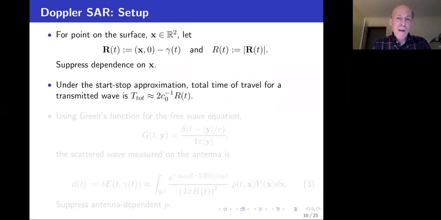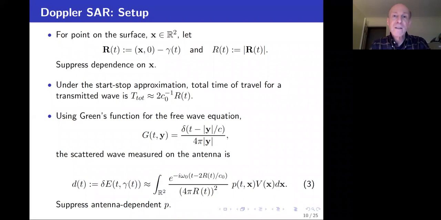So under the start-stop approximation, the total time of travel for a transmitted wave, so you started at the point gamma of t, you go down to the surface to the point x0, and then you reflect back. The total travel time is the total distance traveled, which under the start-stop approximation is 2 times r of t divided by c0. Since that's the speed of propagation everywhere between the transmitter and the surface. We then solve the PDE on the previous slide using the Green's function for the free wave